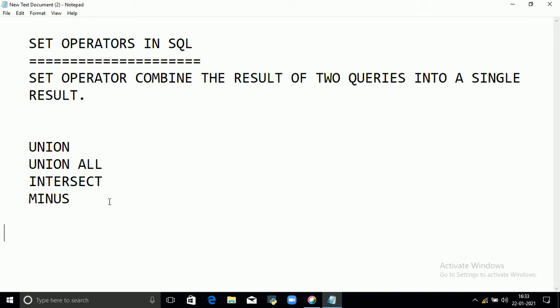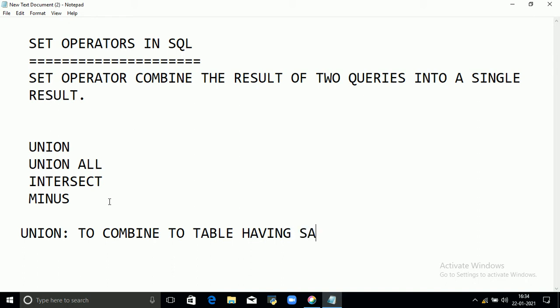So what is union? Union is used to combine two tables having the same types.